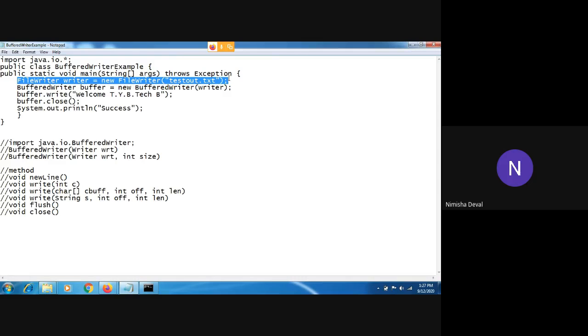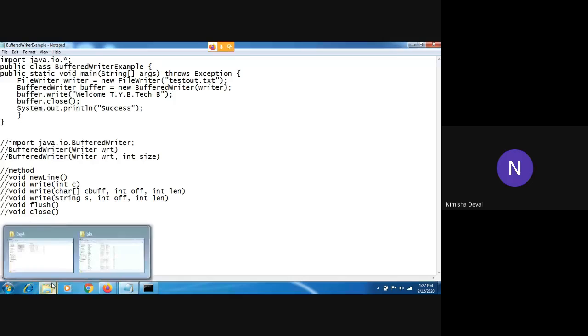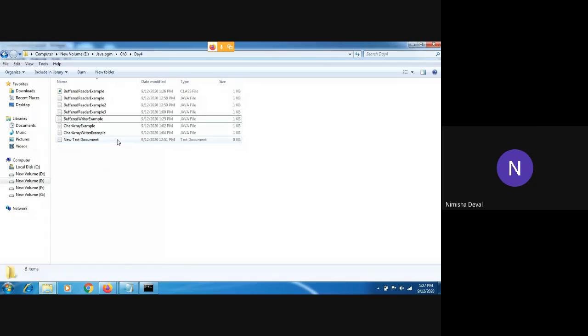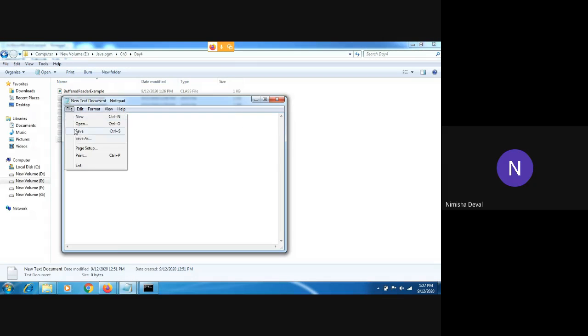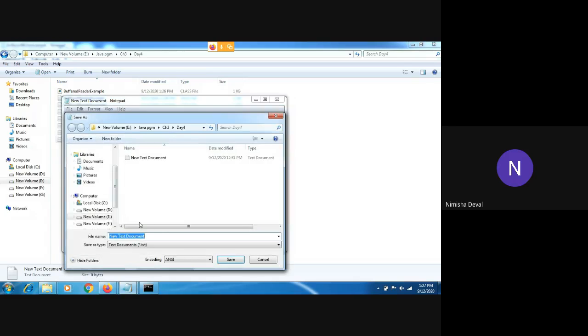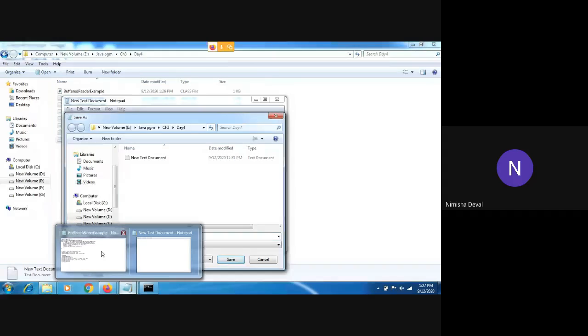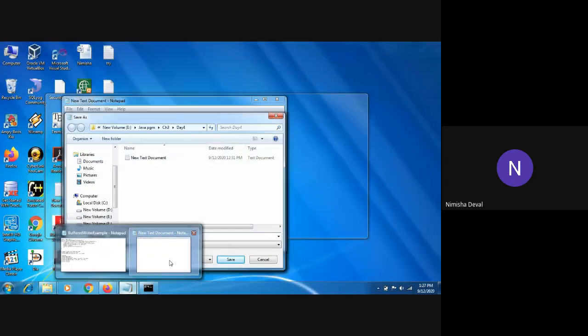You can see here we have used the FileWriter class, which means whatever file is already existing, we use it for writing purposes. So first we need that file, and only then can we write there. So you can do one thing: first create that file. Now I will create it, and the name of the file is testout. So I will write here testout.txt. You can check it once again, otherwise it will generate another error. Testout. Okay.